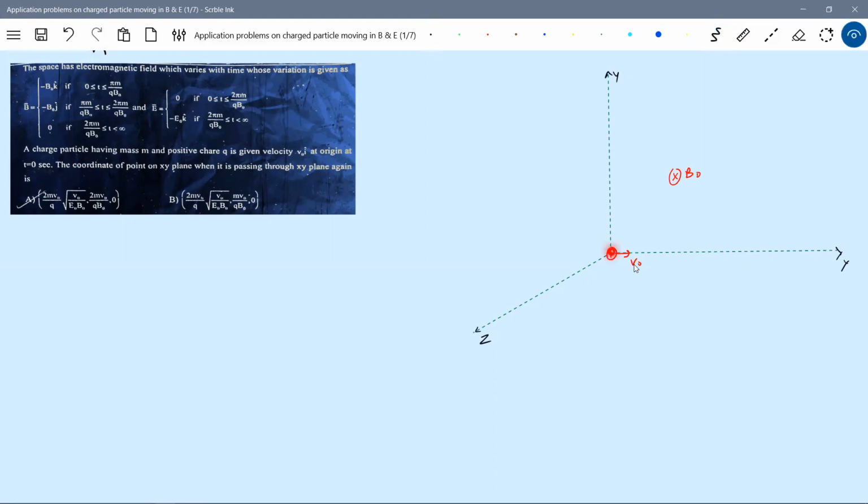For the charged particle and B bar, use Fleming's left-hand rule: left hand, not right hand. Middle finger in the direction of B bar, into the plane, like a pointing finger into the plane of paper. Middle finger along the x-axis, the thumb will be along the y-axis. So the force will act in this direction. Because of the magnetic force and the velocity, the particle is going to deviate.